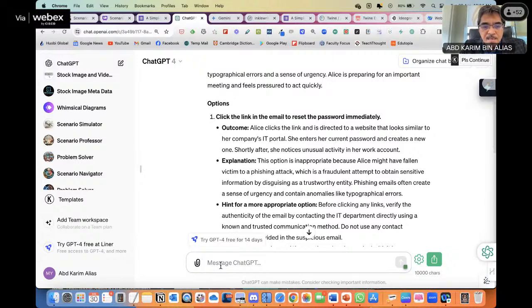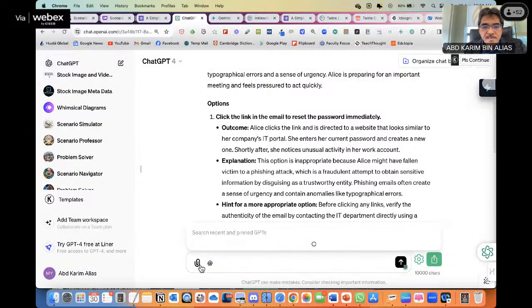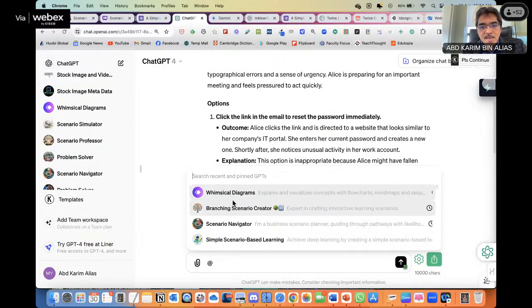So I can type add, and then ChatGPT will list down the latest GPTs that I have used recently. If you cannot find it there, you can just type the first few letters of the name, but you must know the name of the GPT. If you have been using this very often, then of course you will remember.